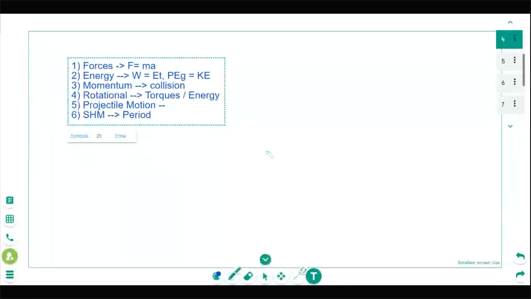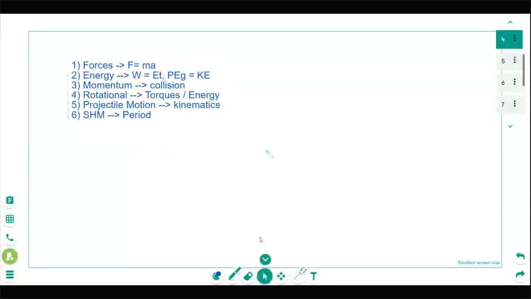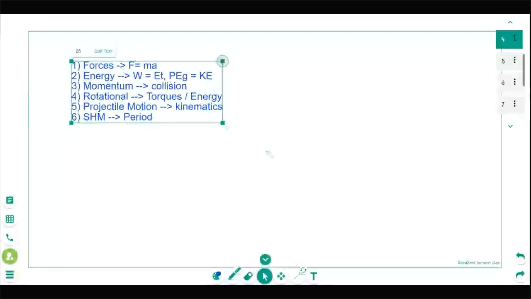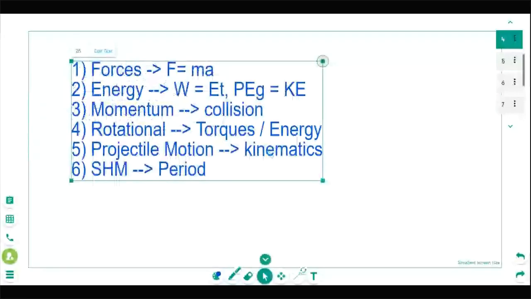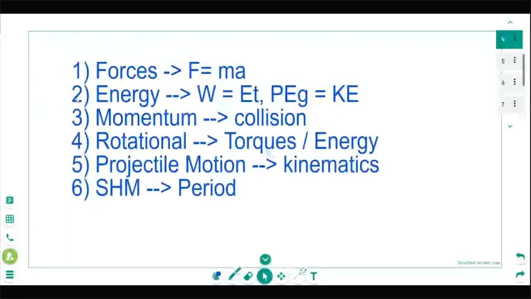The other part with SHM, the reason I put it at the end, is because most of the SHM questions you're going to see are going to be solved with forces or energy or rotational stuff. And really the only one that comes down to pure simple harmonic motion is the period part, the period of a pendulum, the period of a spring, stuff like that. And then this would be pneumatic stuff. So those are my big 5, 6-ish things that I would have my kids go through in order if you don't know where to start. Most of the questions we're dealing with are going to be F equals ma, and then we hit energy and the other things.